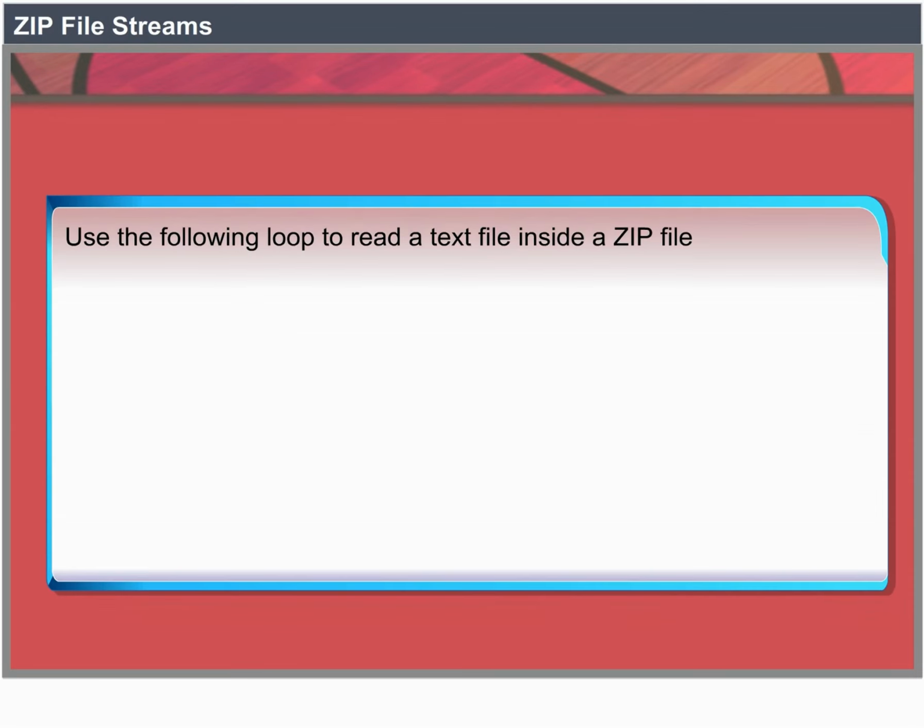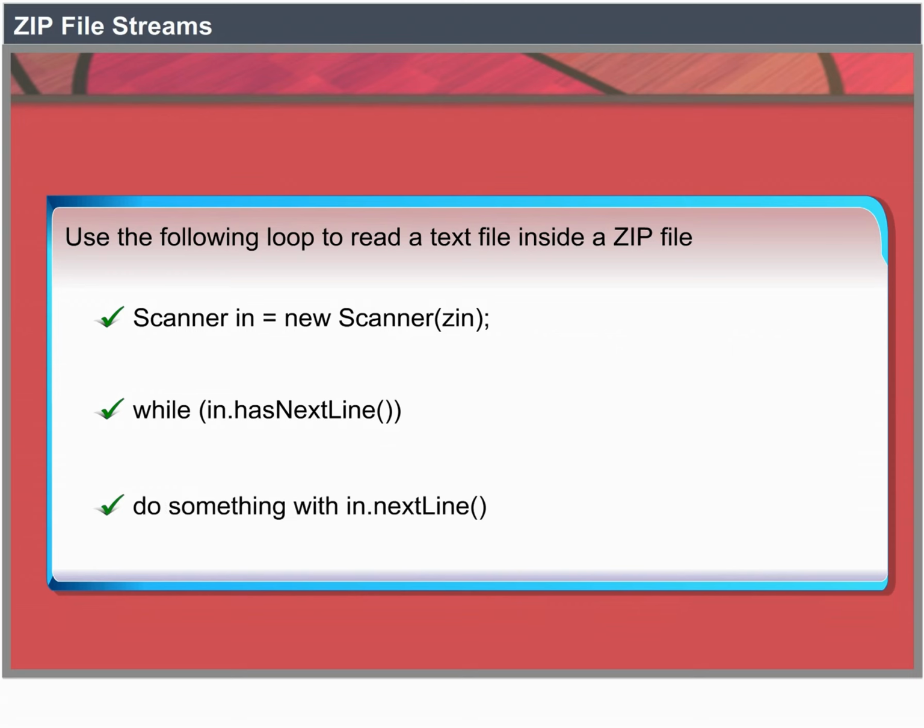Use the following loop to read a text file inside a zip file. Scanner in = new Scanner(zin); while (in.hasNextLine()) { do something with in.nextLine(); }